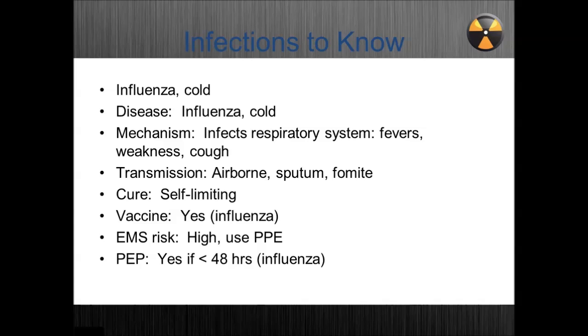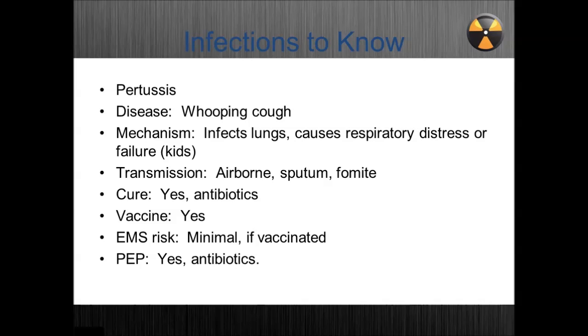The cold, sorry, we don't have much to treat it. Sometimes, if it's influenza, we can use a particular antiviral medication, but most of the time, by the time you get the symptoms, it's already too late. It's been in there. So fomites, it's airborne, and sputum, it's self-limiting. And for the influenza, we do have the flu shot every year because the virus mutates. So the shot from last year doesn't work for this year. So that's why you've got to keep getting the shot every year. So it's worth doing. Please do it.